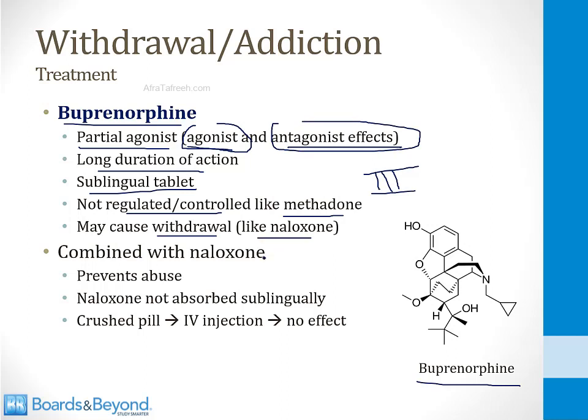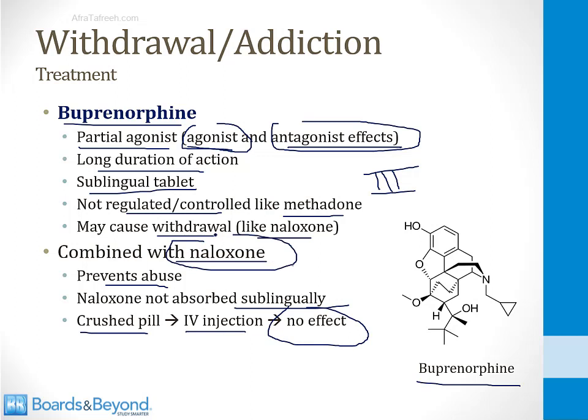And then finally, you need to be aware that buprenorphine is always given as a combination tablet together with naloxone. So why is naloxone mixed into the tablet? This is done to prevent abuse. Naloxone is not absorbed when the tablet is taken appropriately under the tongue. However, if a patient attempts to crush the pill and inject it intravenously in order to get a high, there will be no effect. And that's because naloxone is present in the tablet and it will block any opioid effects